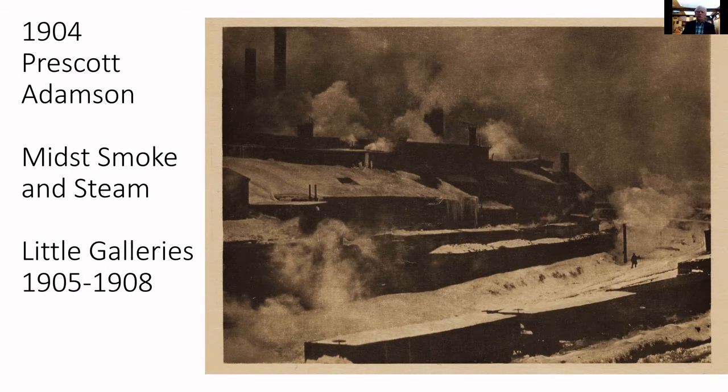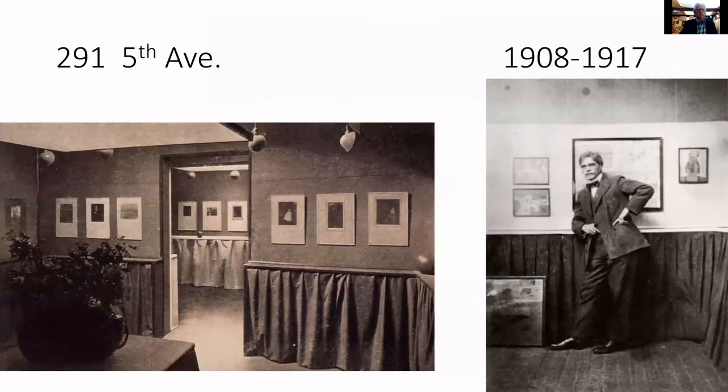But of course, it still has this terrific structural sense of these large forms, what we call architectonic elements that anchor the composition, this large factory with these huge roofs and smokestacks, and then this one little lone figure down here in the whole landscape. Terrific, terrific piece. And he opens his first gallery in 1905 called Little Galleries of the Photo-Secession, which later turns into 291. So he's starting to also show people, not just have them in the magazine or in the journal.